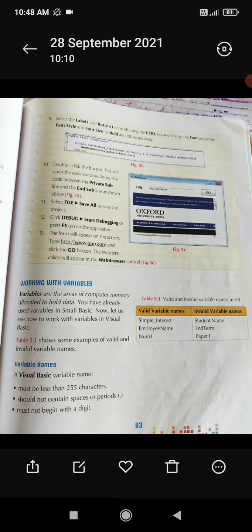After writing periods you will give one bracket. Inside the bracket there must be a dot. See in page number 83, you have seen it's written there periods and a dot is there, like that you are going to write. Then the last point, Roman number 3,